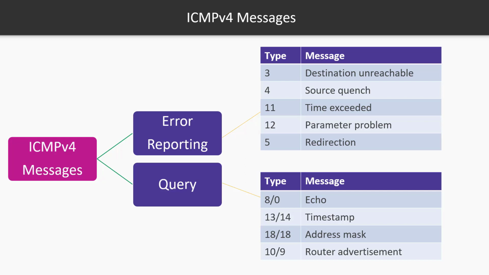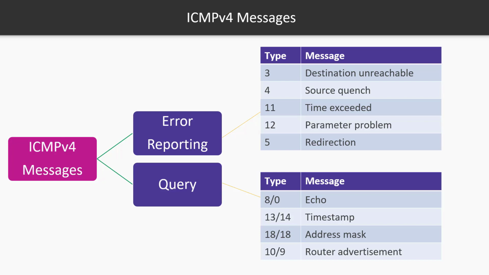Redirect requests are messages that inform a host that there is an update in the routing, a routing that is more efficient for the data to reach a host. If a host is sending data through 2 routers to reach a destination and the host can, for example, send the data directly to one router instead of 2 routers, then redirection messages are used in this case to optimize the connection. As for the query messages, in a nutshell, I can say that the echo messages are used by